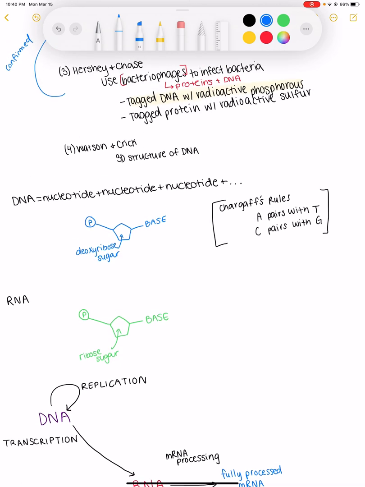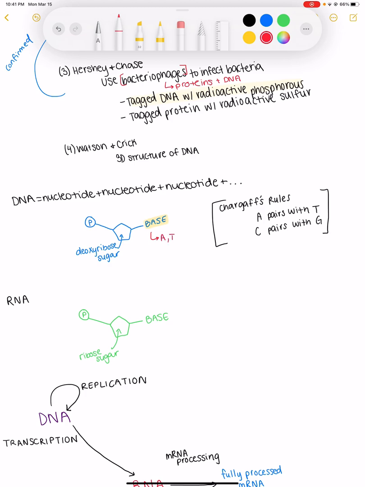And now when we talk about DNA and what that structure looks like, DNA is essentially just a chain of nucleotides. So I've drawn a DNA nucleotide here. And so what we see is that in this particular nucleotide, we have a phosphate group, a deoxyribose sugar, and a base. Now, the only thing that is going to differ between different nucleotides is this base. So in DNA, we have 4 options of what the base could be, which is